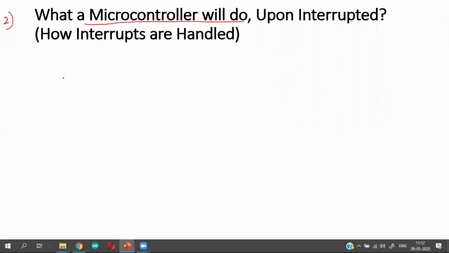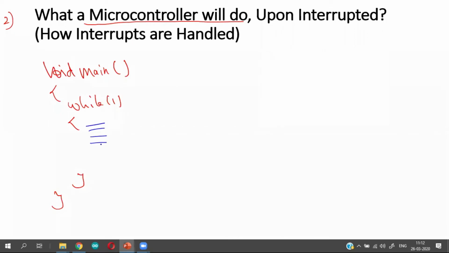Now you all know very well a microcontroller or a microprocessor is executing a main program, void main. And within this while(1) loop, the microcontroller or a microprocessor is busy executing a segment of code. It keeps on executing this segment of code. Once the last line is executed, it again comes back to the beginning and starts executing the source code.